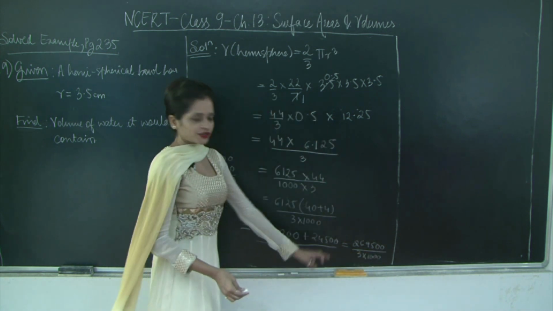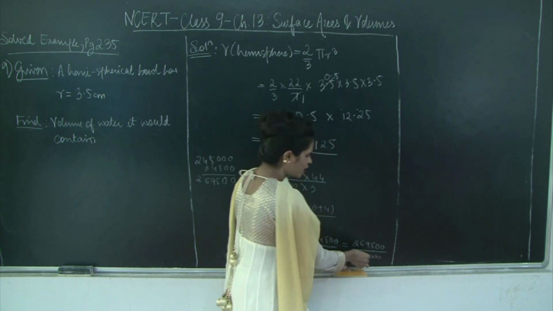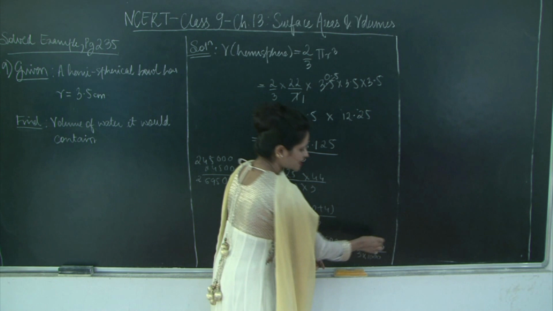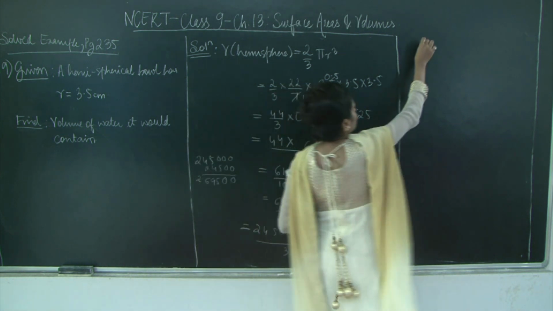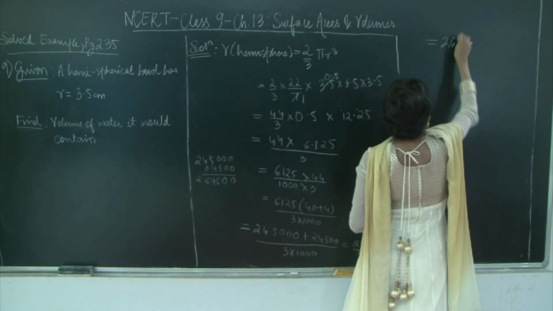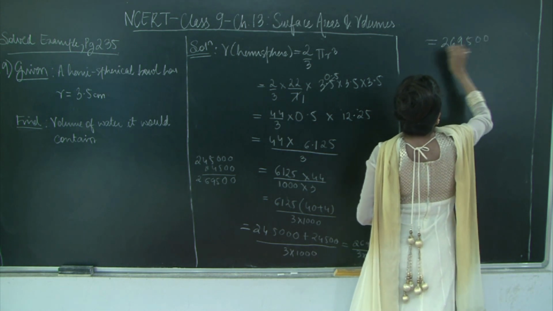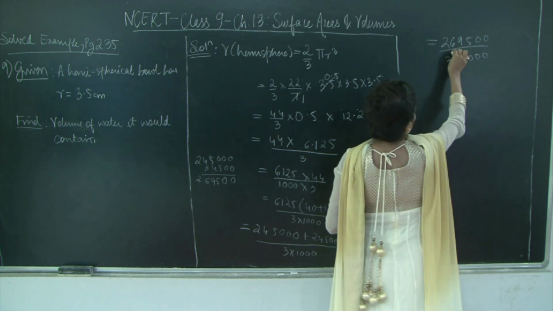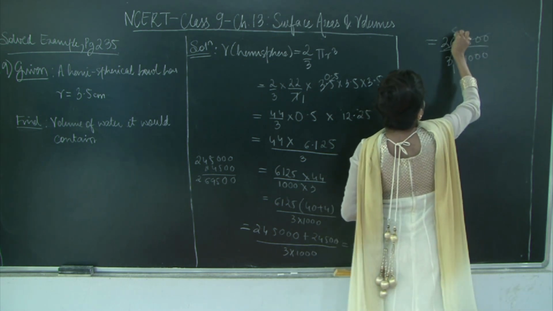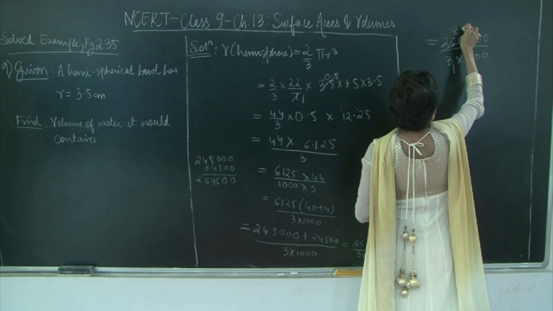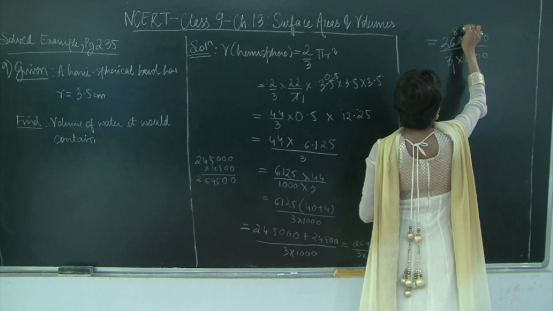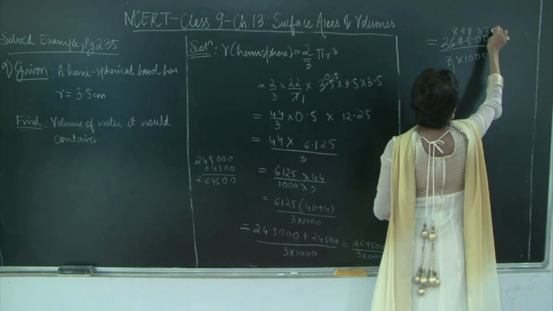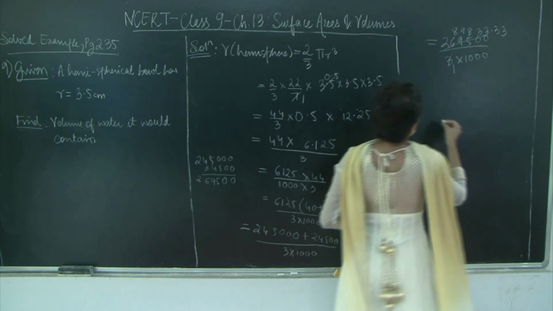So now in order to get rid of these, we will first divide 269 500 by 3. Let's just rewrite this. 269 500 by 3 into 1000. So 3 1s are 3, 3 8s are 24, 25, 26, 3 9s are 27, 28, 29, 3 8s are 24, 25, 3 3s are 9, 10, 3 3s are 9, 10, and 3 3s are 9, 3 3s are 9. So you get